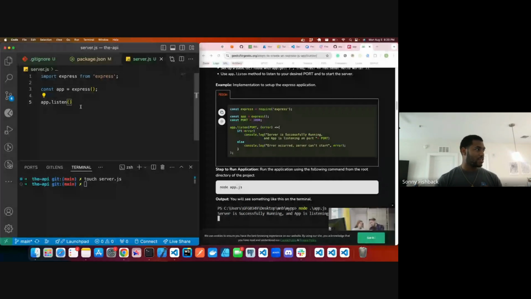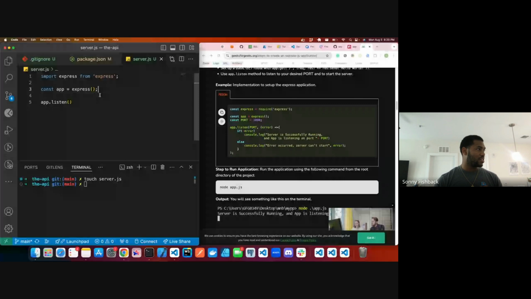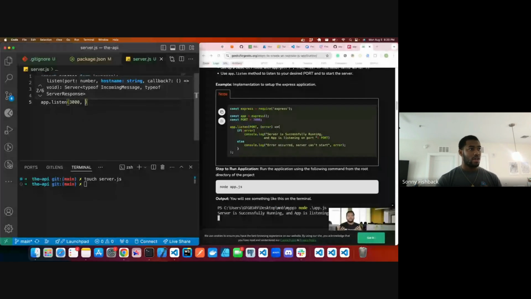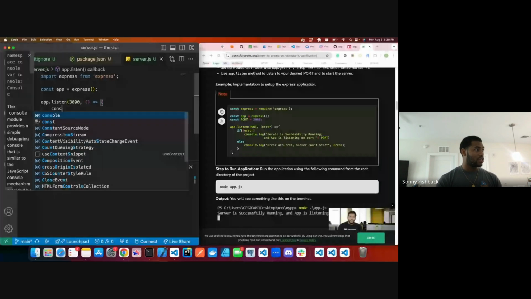So hover over this. It doesn't show me in a way that I can explain. Let's see here. app.listen. Okay, well we just put in a port, so we're going to use 3000. We could do 3001 if we wanted to, or 2. A lot of times you'll see people do 3001, 3000. Then we need to pass a callback function, and this is just going to execute once the server is listening. And we're going to say console.log